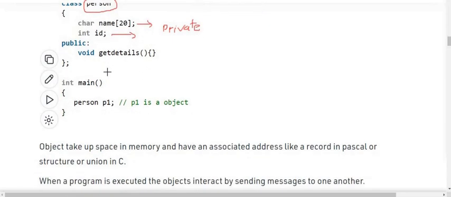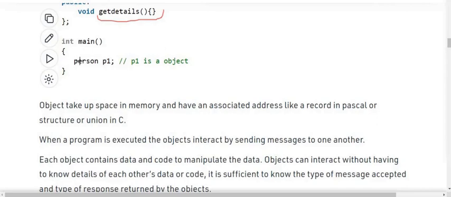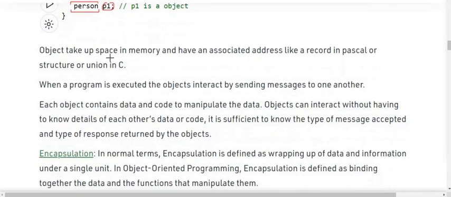Then we have our public member function, which is void getDetail. Then we have our main function, inside of which we create an object of this person class. First of all, we have the name of the class, then we have the name of the object, which is p1. Objects take up space in memory and